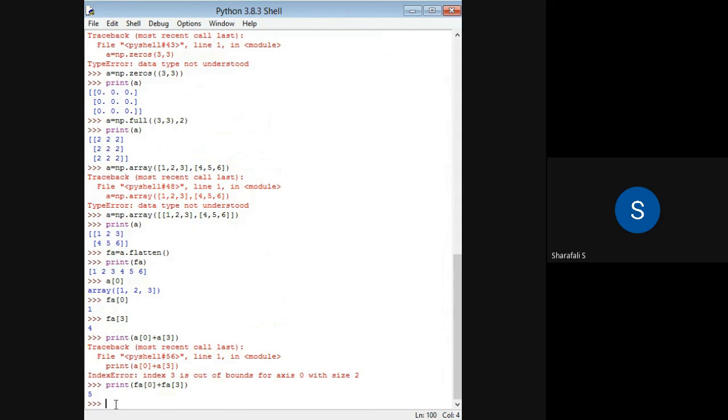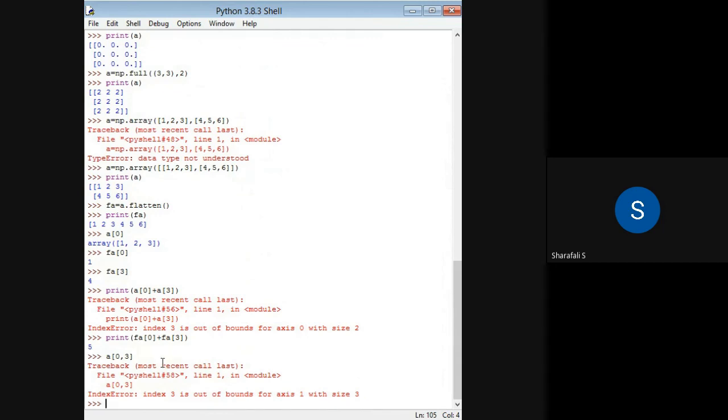So if I write, for example, a of 0, comma, let's say some value 3. Okay, I think index 3 is not valid.